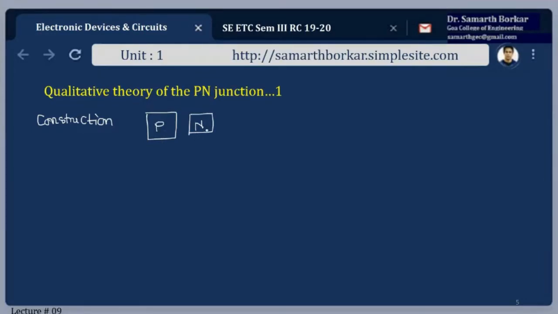Again, intrinsic semiconductor. Sorry, I just made a mistake here. It is an intrinsic semiconductor doped with trivalent impurity, and here this block represents an intrinsic semiconductor that can be of germanium or gallium arsenide or silicon, and that has been doped with pentavalent type impurity,